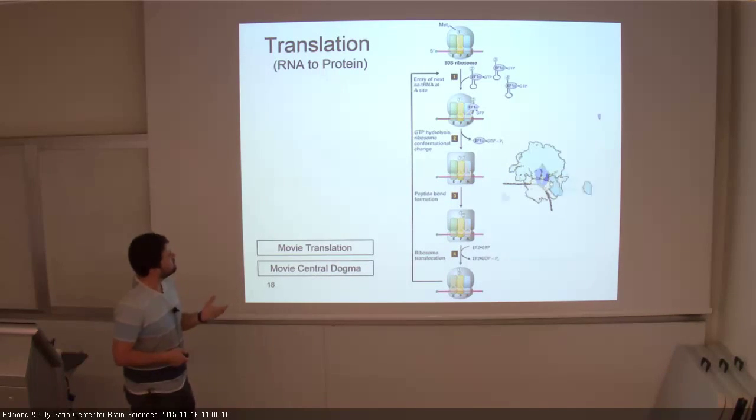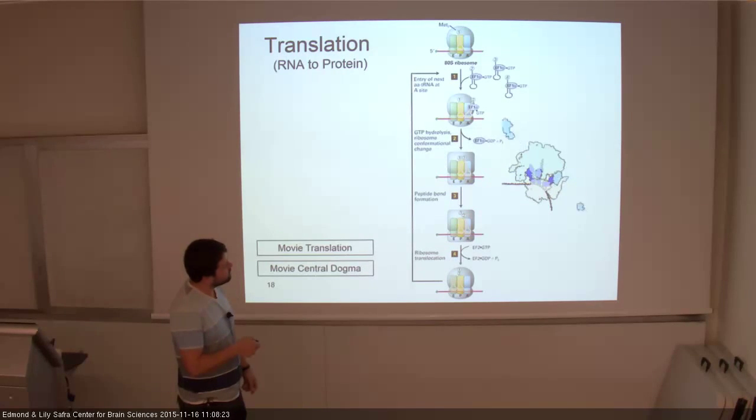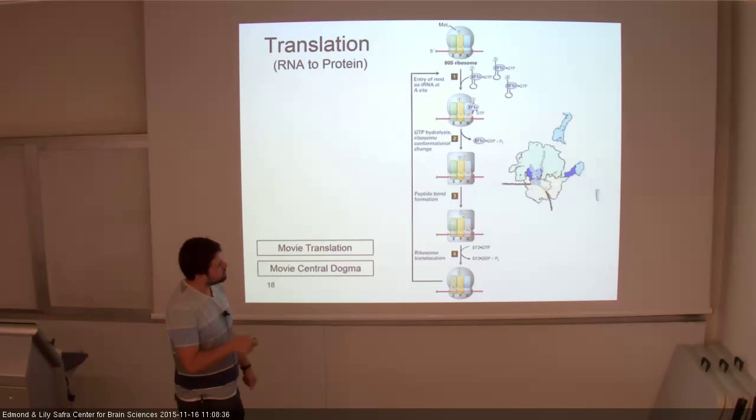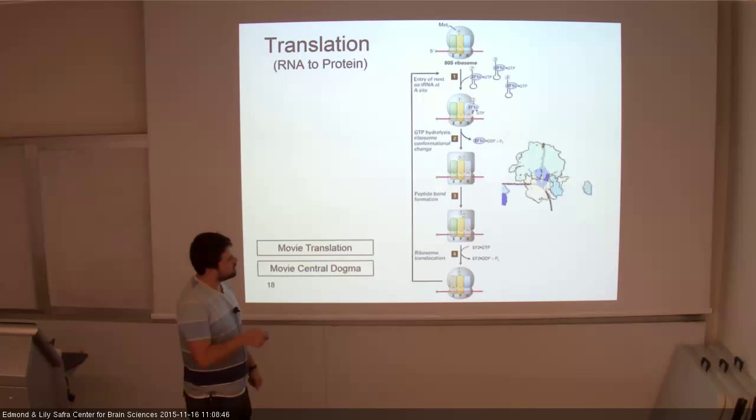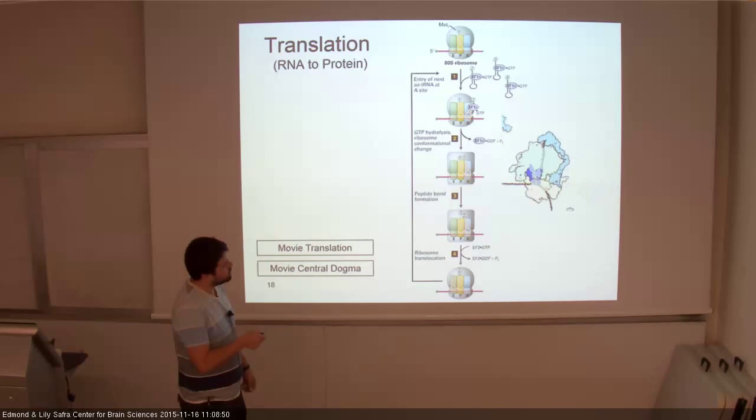what is translation? In translation, as you can see, like here in this nice GIF, you have the mRNA sequence bound to the ribosome, which has a small unit and a large unit, and one by one the tRNAs are coming together, enter through a specific entrance site. Then the peptide bond is formed between the polypeptide chain and the new amino acid that is coupled according to the triplets of the codon, and then this is actually